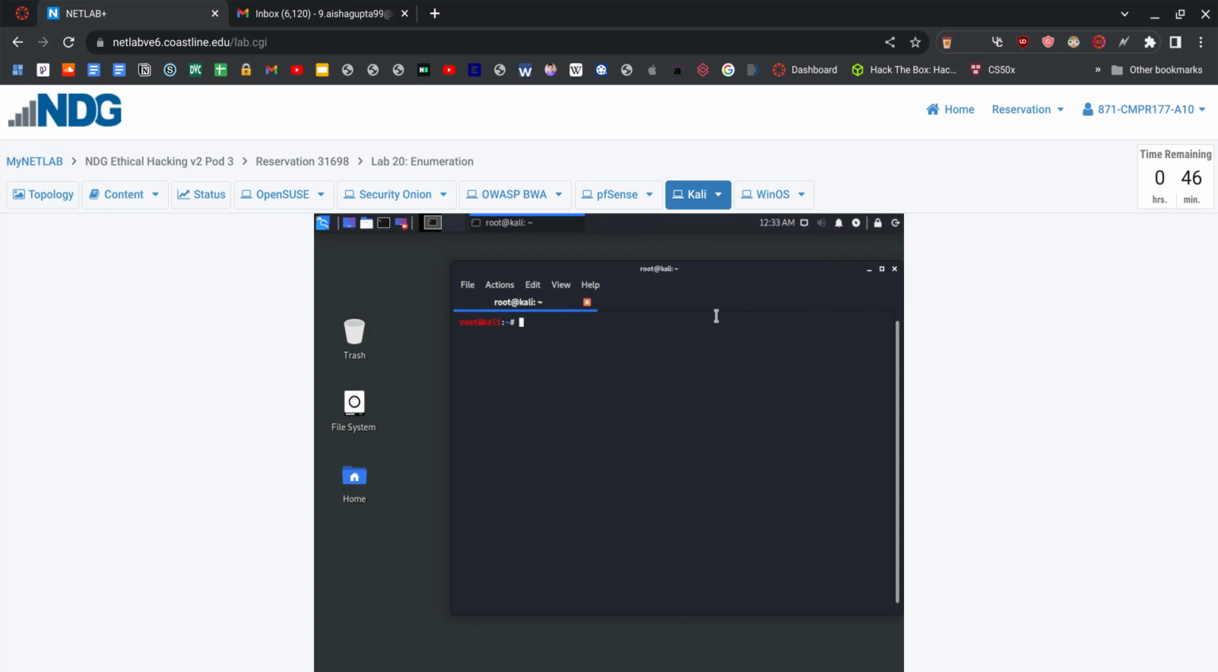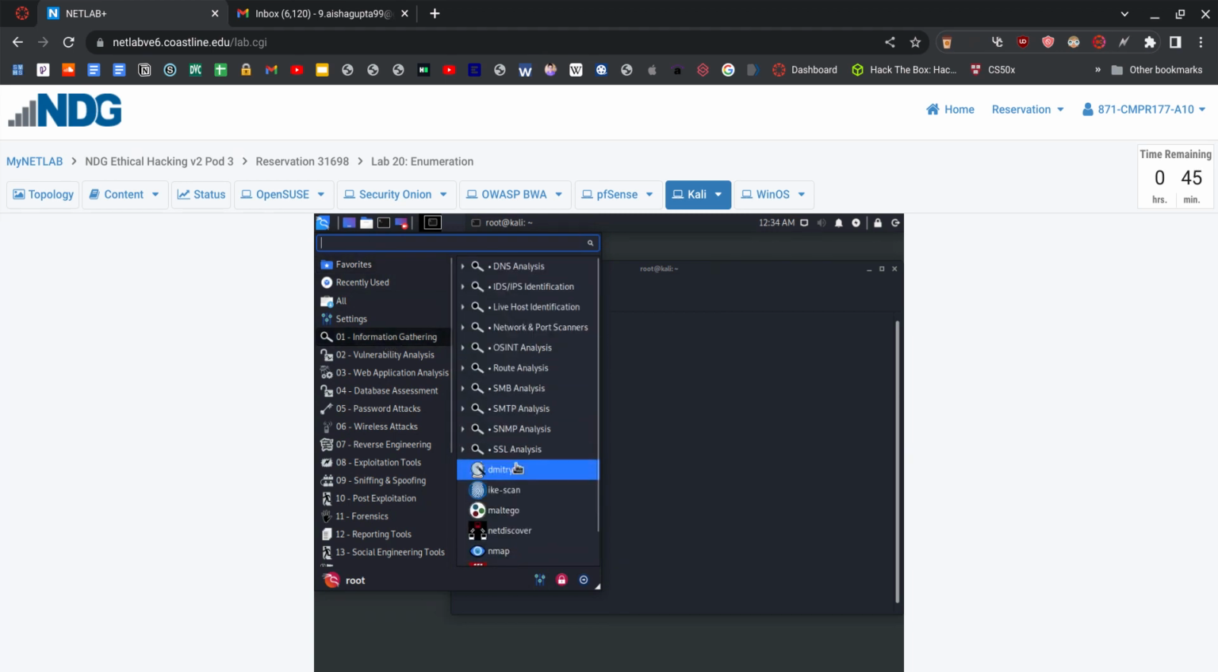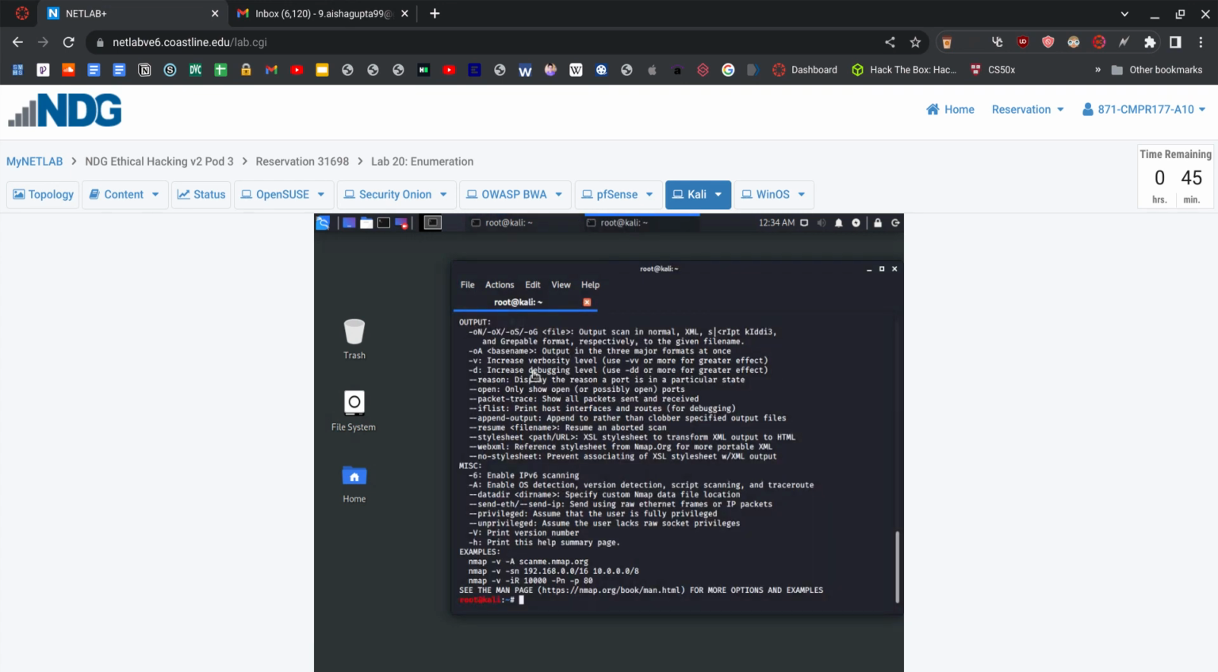We're gonna launch Nmap, and we're gonna navigate to Whisker menu, information gathering, and go to network and port scanners, and select Nmap. And now the Nmap application appears as a command line terminal and displays all the switches that can be used to perform scanning. Yeah, this is all familiar from the past few labs. And now we're gonna type out